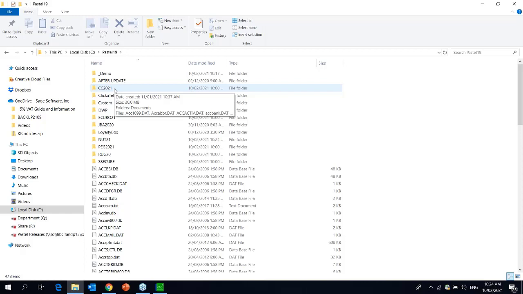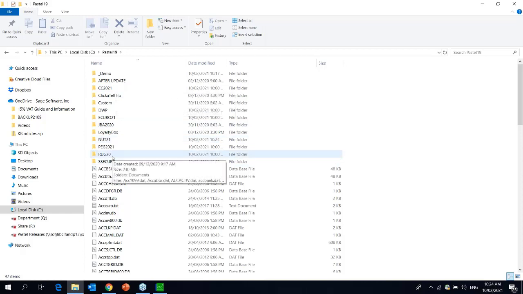Others put the financial year, for example 20, 21, 22, whatever financial year we're moving into, in this case 22. So when you roll over, you create a new company, you call it that, and you run the year end in that. Guys, the reason it's inefficient, and those of you who are single users,